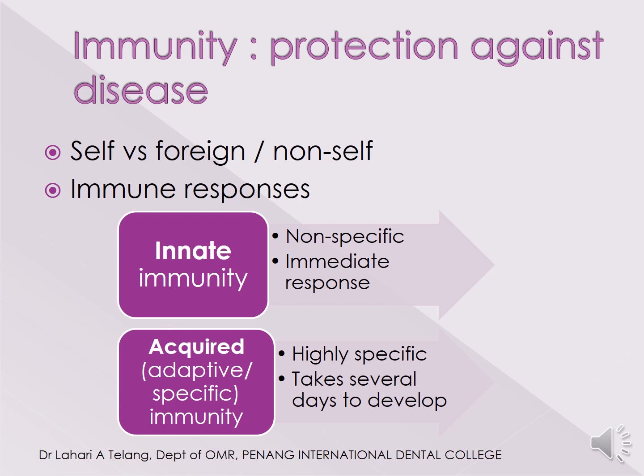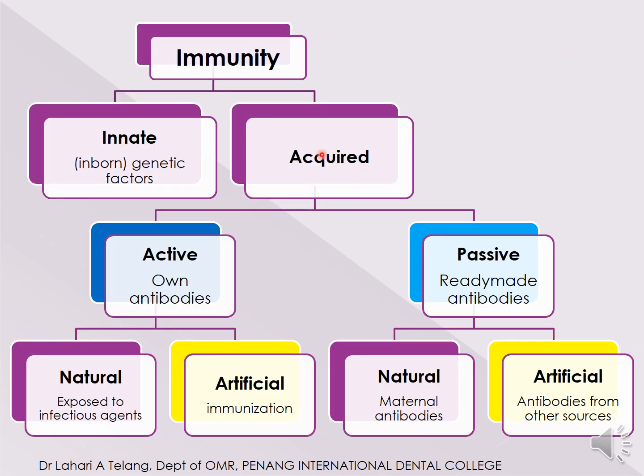So let's look at what immunity means. First of all, it's protection against disease and the ability of the body to identify self versus non-self or foreign. Immune responses could be innate or acquired. Again, the innate immunity could be non-specific or immediate response, and acquired could be highly specific and can take several days to develop. So if you look at this flow chart here, you will see that immunity is either innate